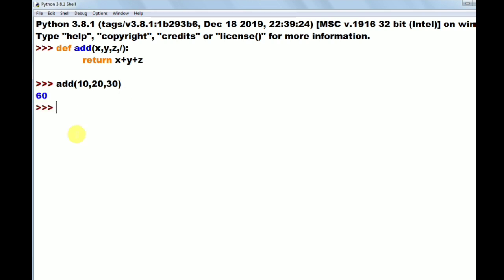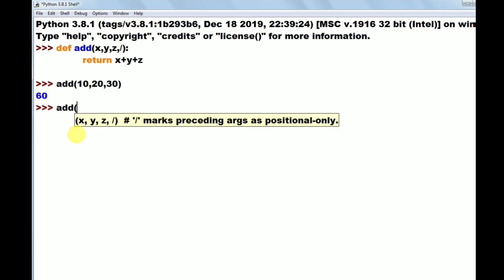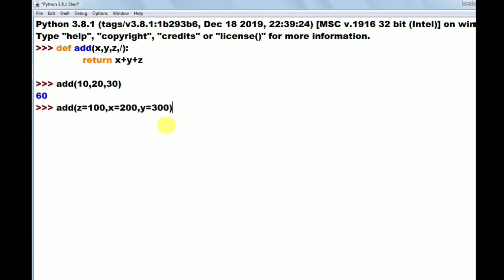Now I am passing arguments as keyword arguments. I am passing the z value first, then the x value, then the y value. Now it is giving an error. What is that error?